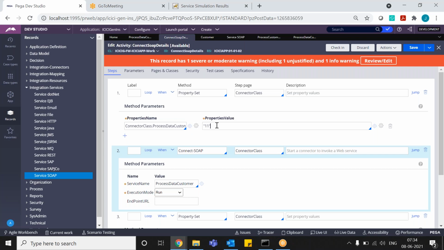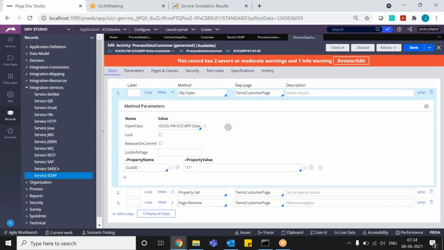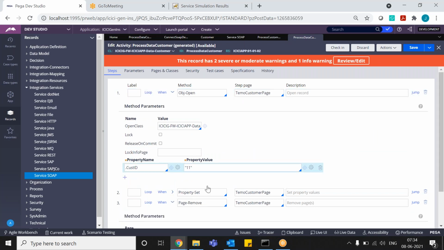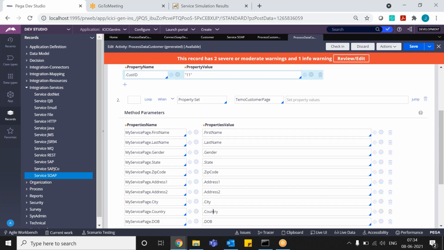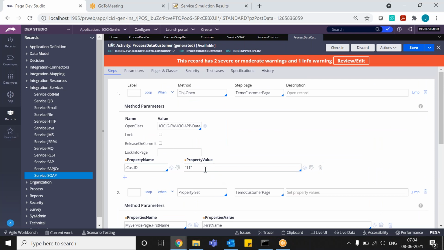Is it the connector activity? Okay. So this is the service soaps activity. But here also you have hard coded 11 only. If you take it like this, always it will take 11 only, right? Yes, yes. I will change that, but for testing only, I kept it 11. Okay. Yeah, fine.